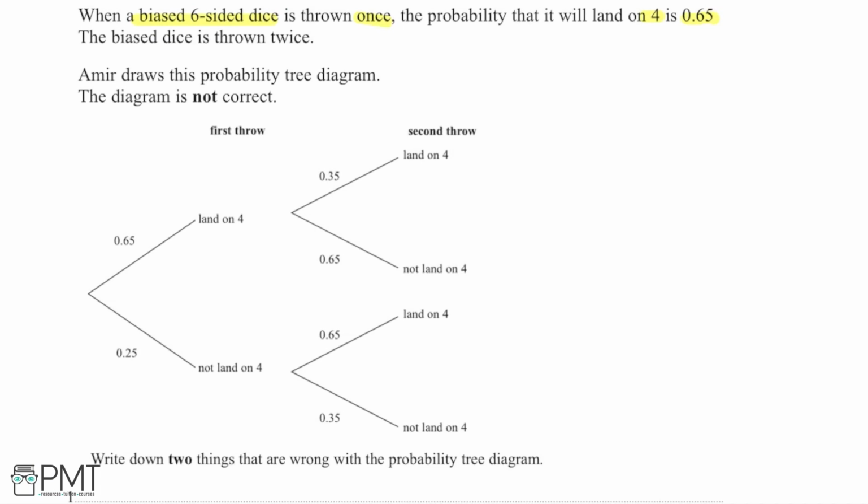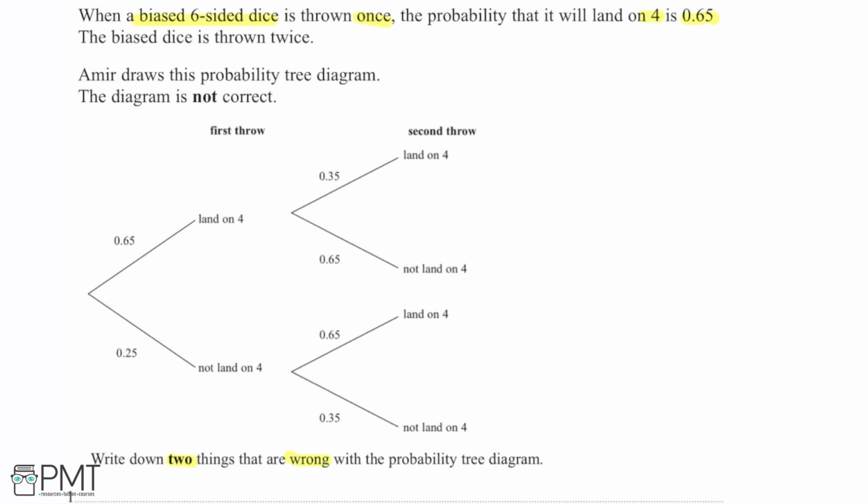So if I have a look at the diagram, we can see that on the first throw, the probability it lands on a 4 and doesn't land on a 4, and then similarly on the second throw, having landed on a 4, it either then lands on a 4 again or doesn't land on a 4. And with this information in this tree diagram, we're asked to write down two things that are wrong with the